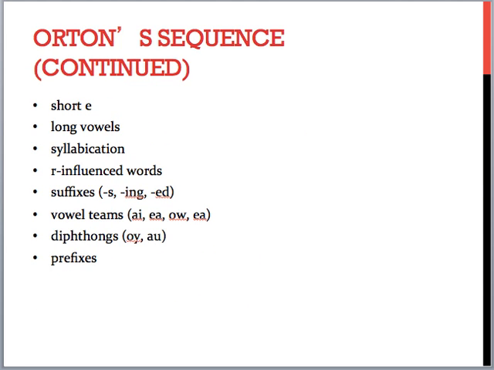Also, after we've gotten those, then we do short E, long vowels, syllabication, R-influenced words, the suffixes s, ing, and ed, and the vowel teams AI, EA, OW, and EA, the diphthongs oi and aw,